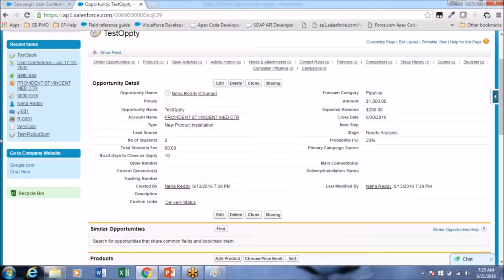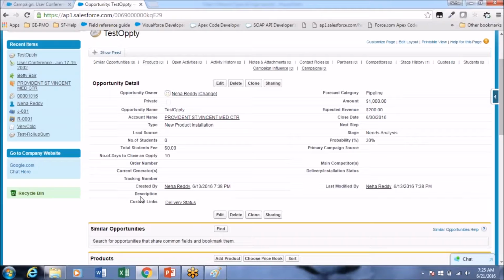Then what we do, he can see all the fields on this layout except the credit card number and all. So we'll give him a different layout, so that whenever he logs in, he will see the fields available on his own layout.